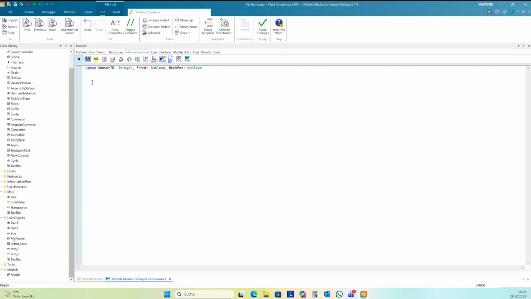Only some steps. I need to stop the box here, and then I set the link to container.